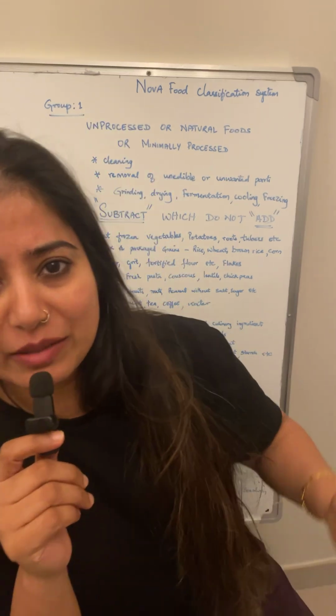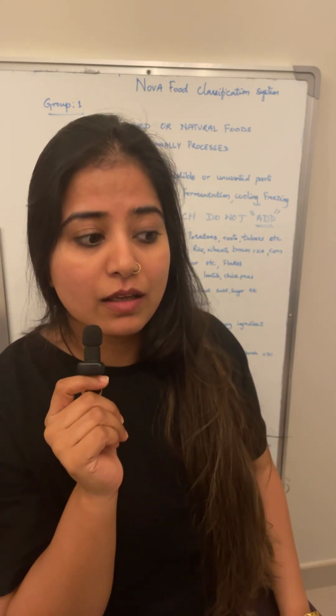Now that you know the different classification of food, let me talk about nutrition labels. Where will you actually look for nutrition labels? Is it in minimally processed food or ultra processed food? Second question: what does healthy mean to you? Is it adding 100 grams of millet to your cakes or your breads, or replacing sugar with jaggery,